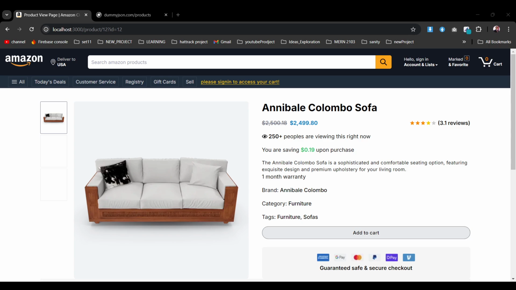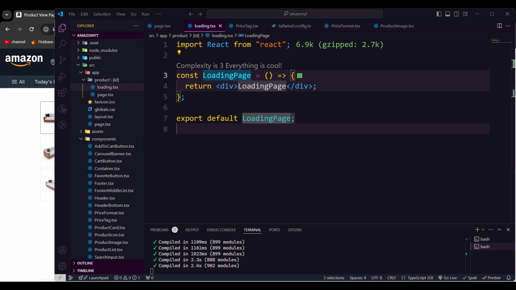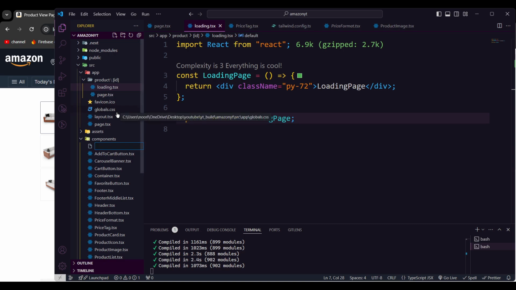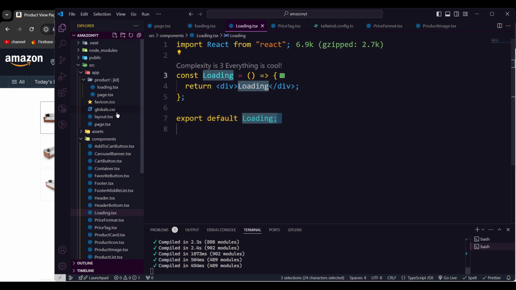We will just create the scenario of what it could be when we are dealing with the loading page. So to create the loading page, let's come here in the loading. In the loading, I'm going to put a class name here. The class name should be padding y of 72, to make it much bigger, and then we're going to create loading instances. So I'm going to create a simple file which will be loading.tsx,